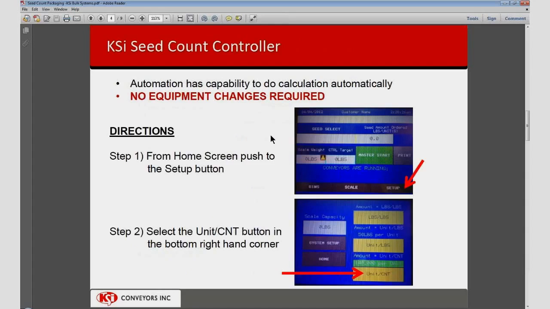The first system we'll talk about is the KSi Seed Count Controller. This is a simple, basic automated system that controls air gates only and does not control conveyor motors. However, it is very useful for an operator wanting to deliver an order of seed defined by 140,000 seeds per unit. To accomplish this with this KSi Seed Count Controller,